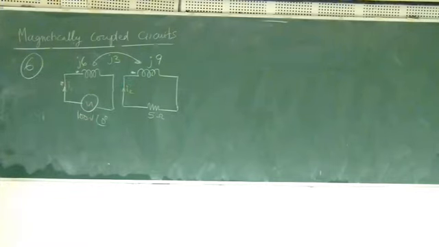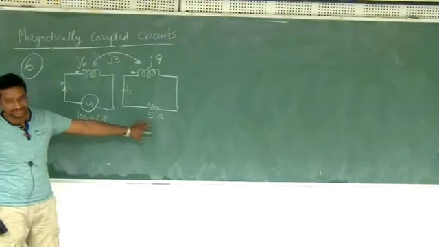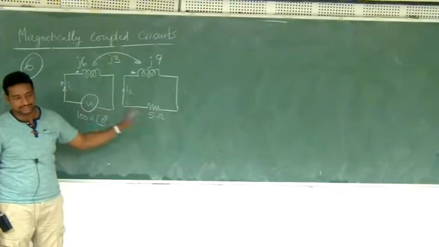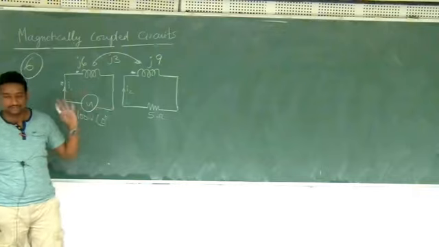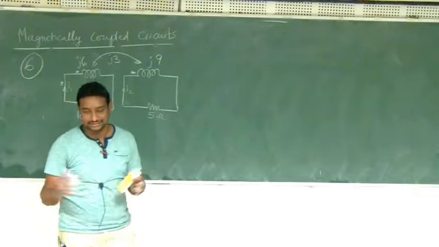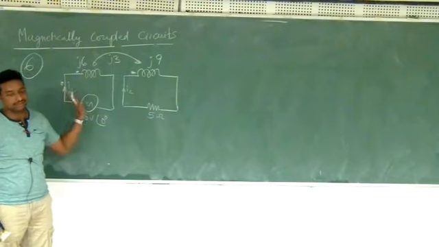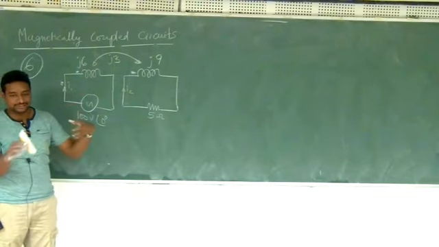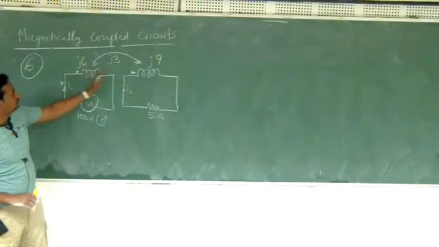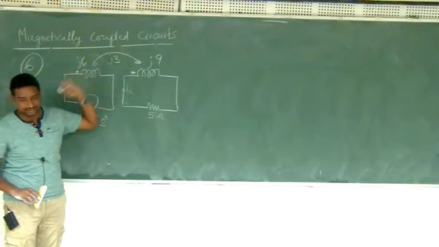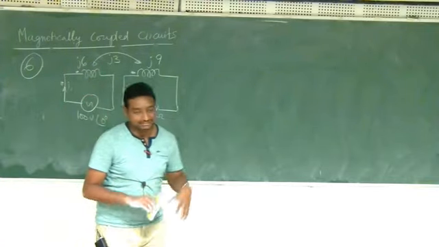Okay, so see, I have two coils which are not electrically connected. All the examples before were either a series connection or a parallel connection. They are not electrically connected, but they are magnetically connected. Some core is there in between them, introducing a mutual inductance. Okay, will this thing work?